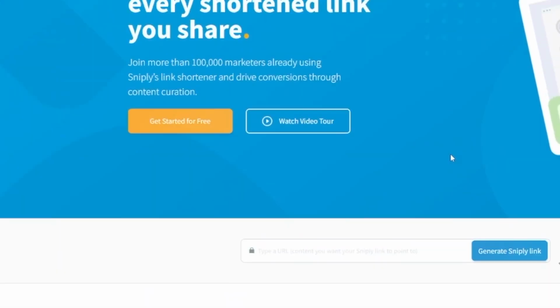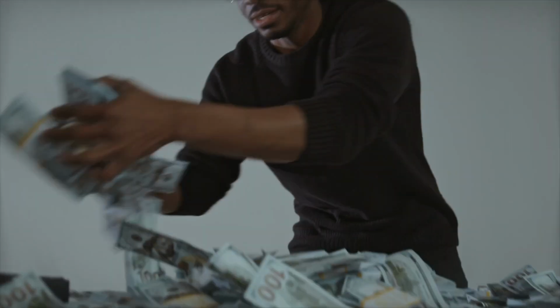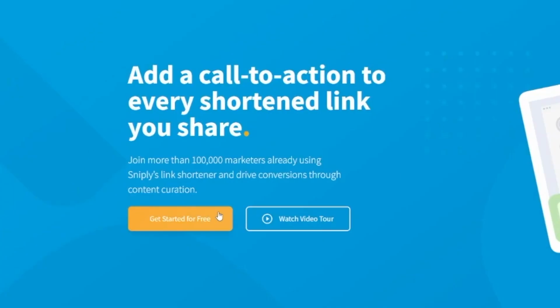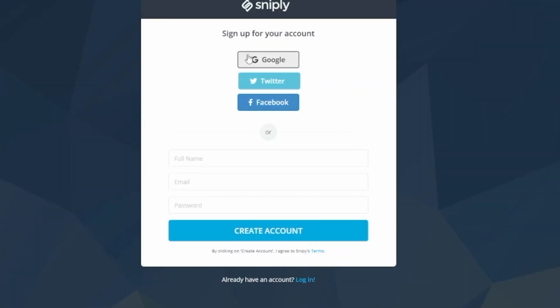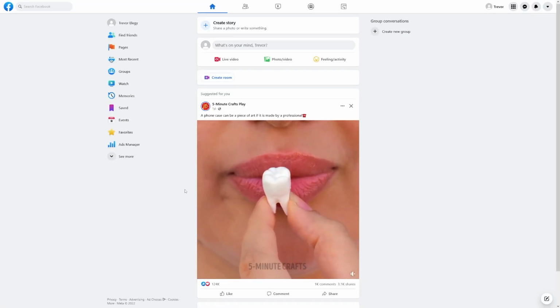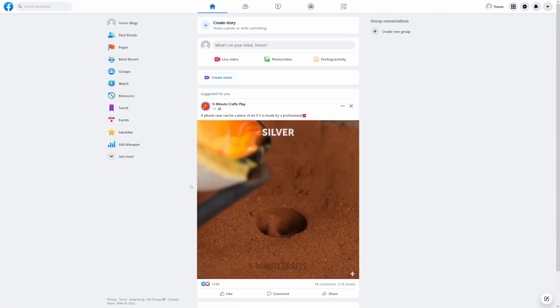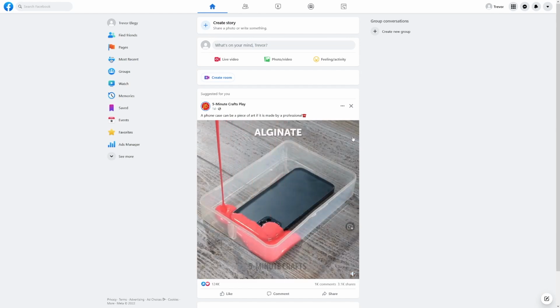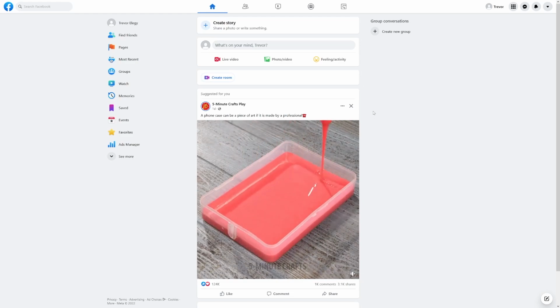This is what is going to get us the traffic, and that traffic indeed is going to make us money in the end, right? So what you want to do is you just want to create yourself a new account. You can do that by Google. You can just use Twitter, Facebook, and since we're there, I suggest make a new Facebook account. Even though you have Facebook already, I suggest that you just make a new one for this strategy. Okay, so just make a new account. That's going to be good, so we can just continue.